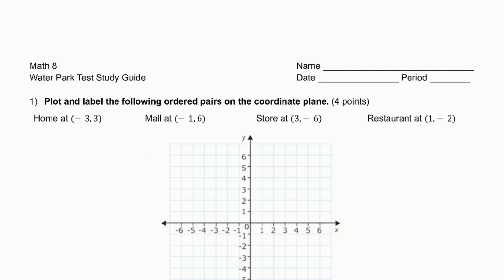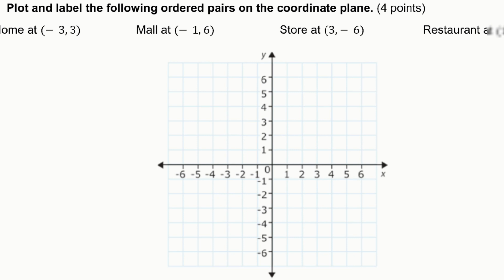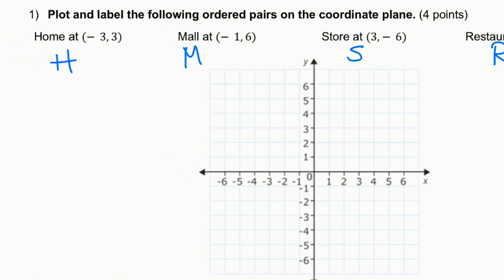First thing, this is task 1, right? Plot and label the following ordered pairs. So I'm going to plot and label them, and I'll kind of tell you as I go what I'm doing here. So home is going to be H, mall is going to be M, store is S, restaurant is R. Home is at -3, +3